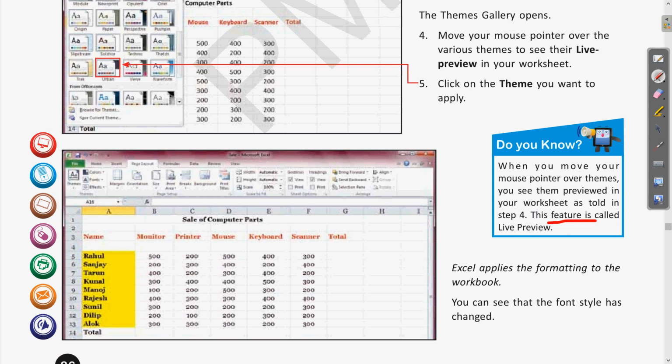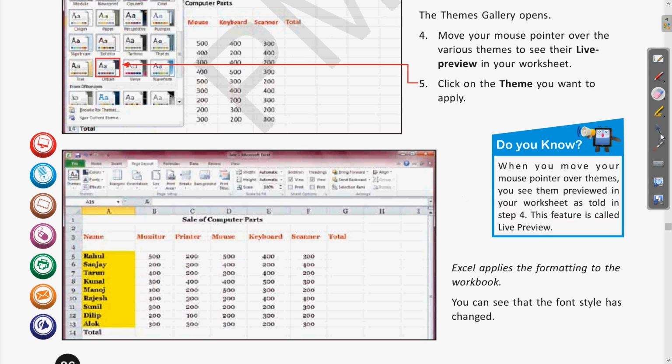Clear? So this was what we were talking about, that when the mouse pointer is moving over these different themes, the effect of this is directly getting applied in the worksheet. Clear? So this feature of the preview of these themes by moving the mouse cursor over them is called live preview.